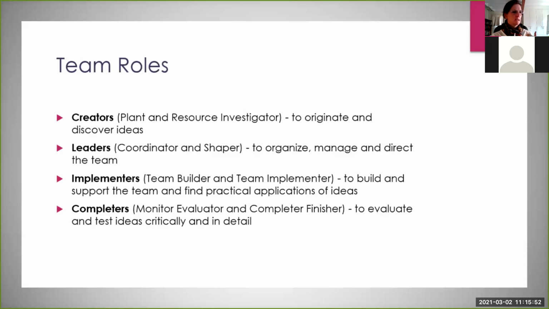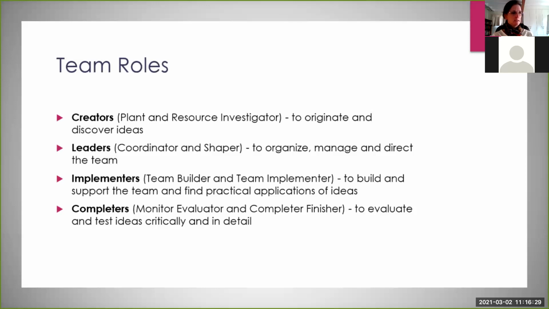So one is a creator role, and that can be one person or multiple people. These are the ones who originate, they're the idea person. They're the ones who try and come up with or discover ideas. So you need people in a team who can come up with new ideas and be creative. You get people who are the leaders, the team leaders. So they're the ones who coordinate and shape the group. They say, right, we're meeting here, we're going there, you're doing this. They direct, okay, which is pretty much the role you take in a team. Maybe there's other people who share that role in your teams.